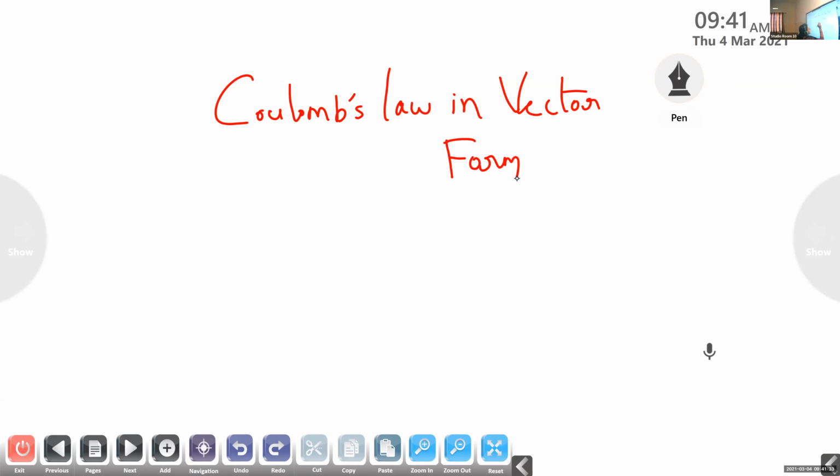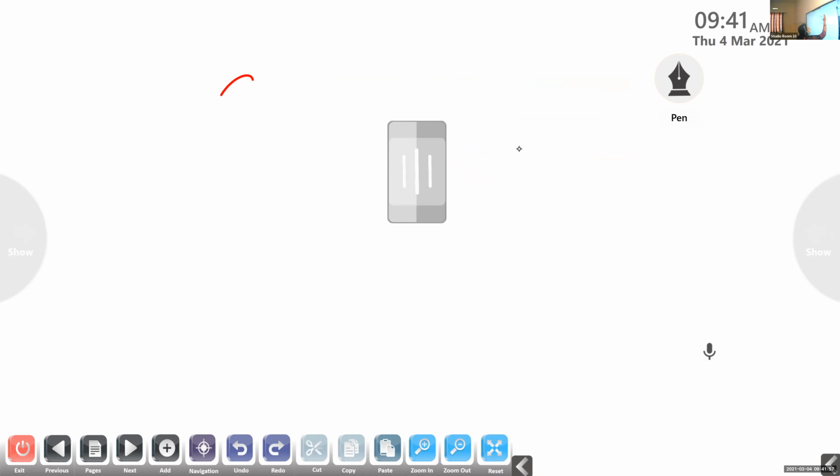So the next topic is Coulomb's law in vector form, or we can say the vector form of Coulomb's law. In order to explain the vector form of Coulomb's law, we are considering two charges, Q1 and Q2,